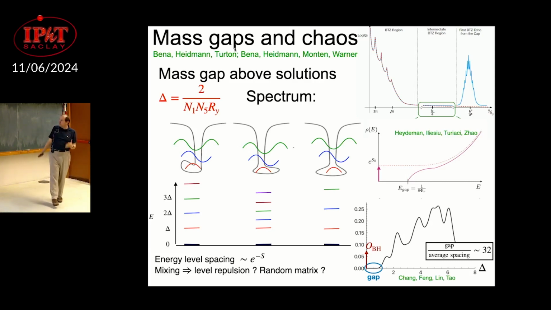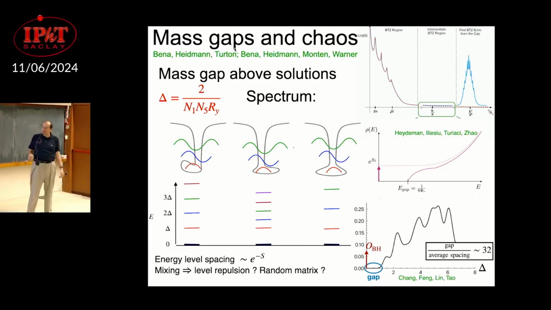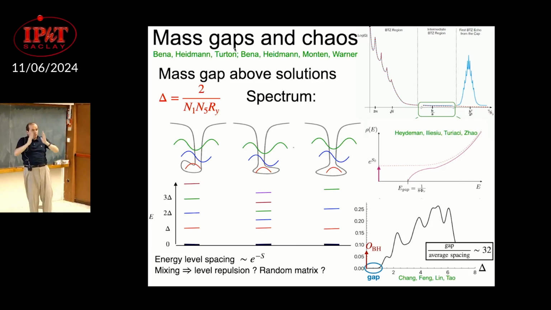And what I kept on asking Luca and Gustavo, and Matthew Heidmann, when they came to Saclay was: why don't you guys see some bumps? Can you see some bumps here? Because I expect some bumps. At zero, I get the supersymmetric states, and then I have these guys at the first level, and then another level, the blue guys, and they mix. I drew the spacings a bit separate, but they're really of the same order. So there's a mixing between them, and when I have a mixing of many states at the same energy, I should get some sort of bump with some width coming from the mixing.